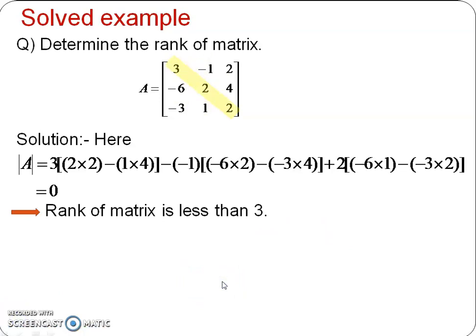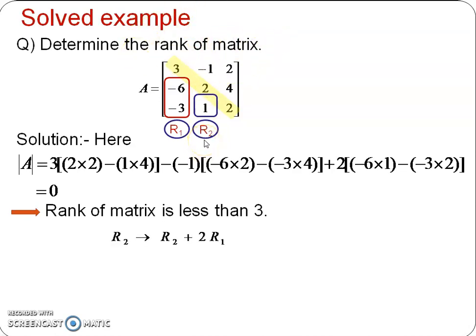Now, to convert this matrix to upper triangular form, we have to convert the elements below the principal diagonal to 0. So we have to convert here -6, -3 and -1 to 0. For converting -6 and -3, that is the R2 and R3 elements, to 0, we have to take the help of row R1. And for converting this 1 to 0, that is the third row, second column element, we have to take the help of R2.